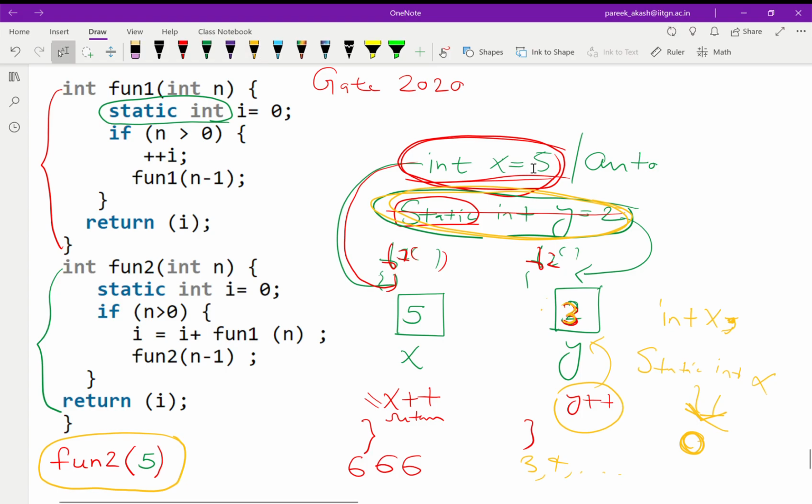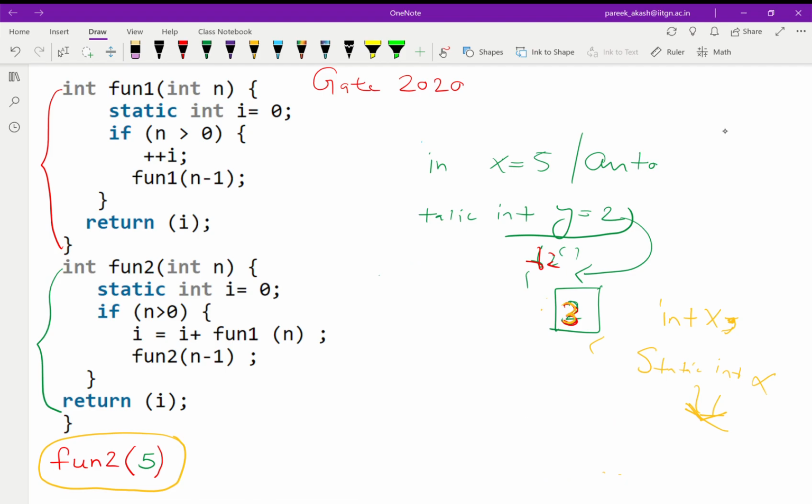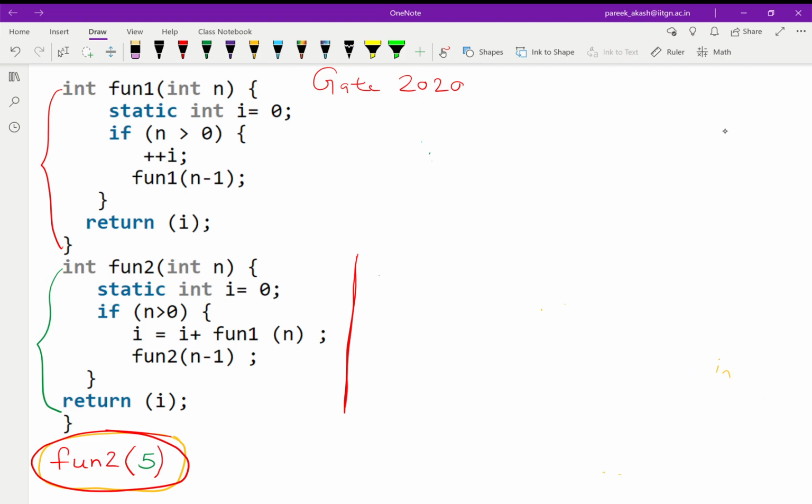So with this base, we'll go to this question. Now coming back to the question, let us see how we can solve this. This question is very easy. Since it is being called from function fun2, first we'll go to function fun2. We'll come to this part of the question, and we'll see that we have a variable i. Let me just rub this for a second so that we can utilize this space and see the question also.